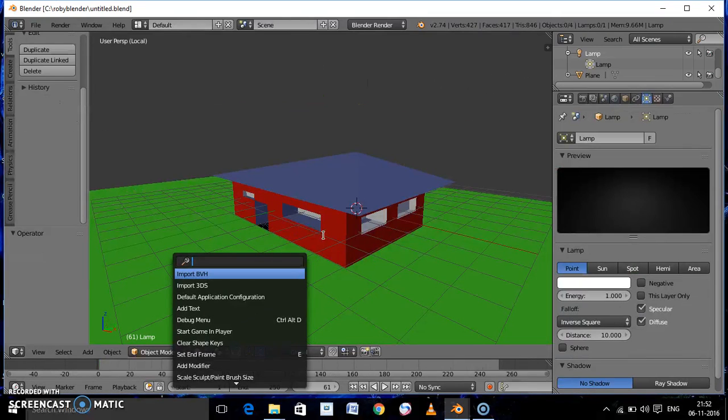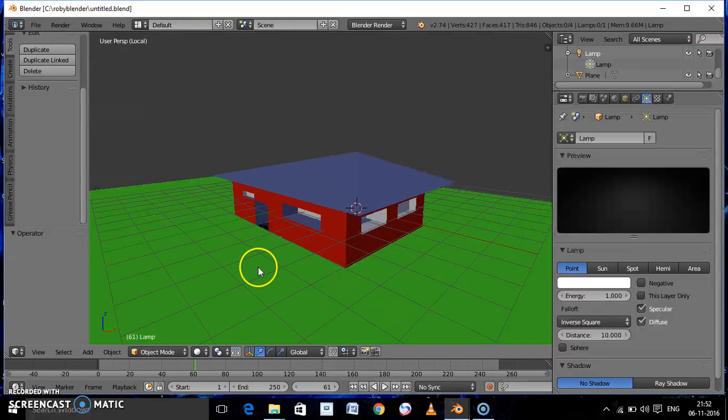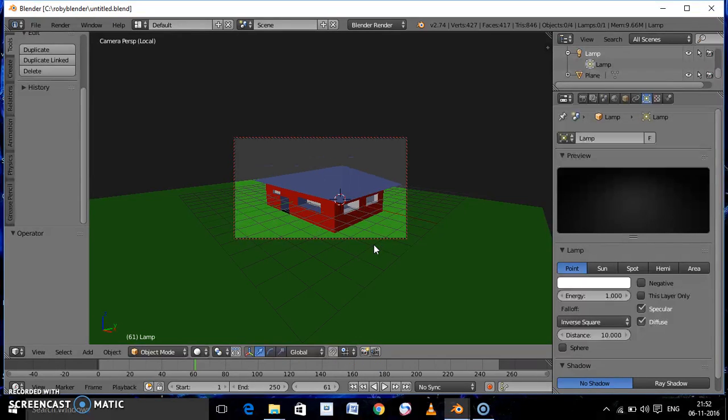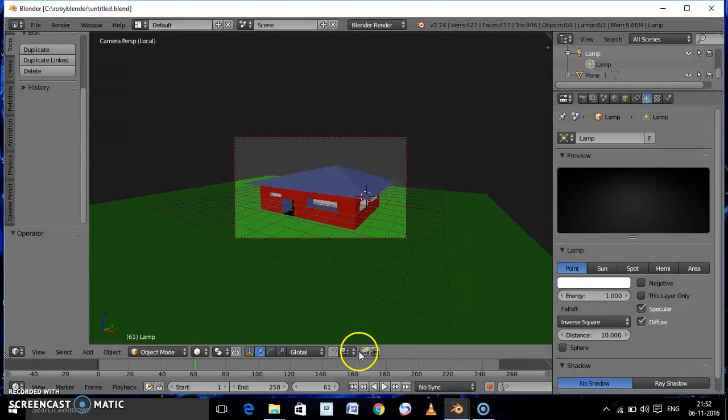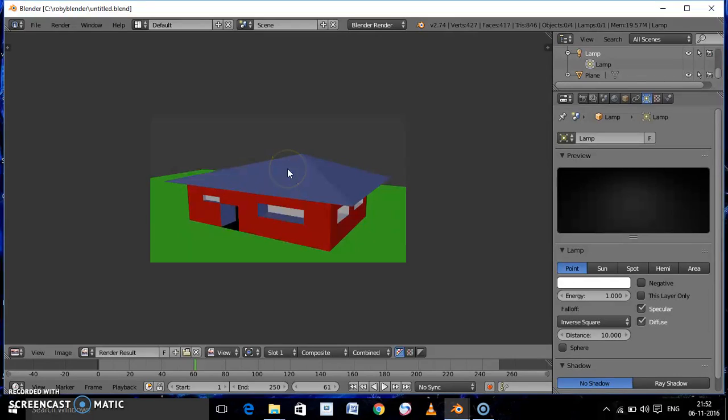So once we are done with all of this, the output will be looking like this. So in order to get the output, we should press 0, that is the camera perspective, and then we can adjust the view of it by pressing the numpad 4, 8, 6, 2 for the direction and minus, plus for zooming in and zooming out respectively. Then we should render by using this option, and tada, this is your